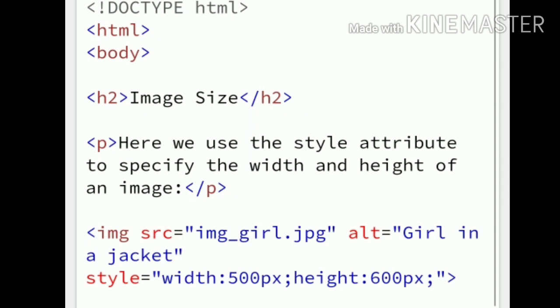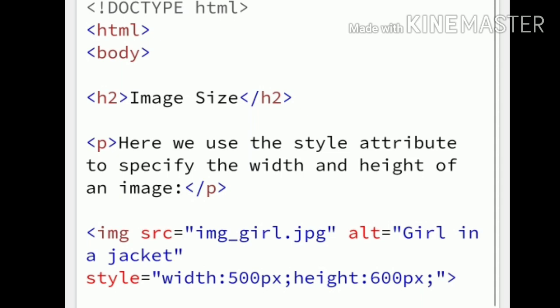img src equal to, within double quotation, wrongname.gif. You did not give the correct name of the image, and alt equal to flowers in China. Close it: img src equal to wrongname.gif, alt equal to, within double quotation, flowers in China, closing of body tag, closing of HTML tag. After the execution of this program, this type of output will be displayed. What is the output of this program? Just see.